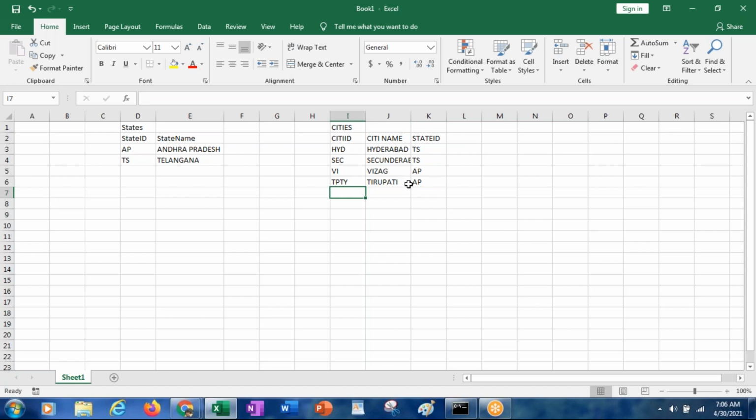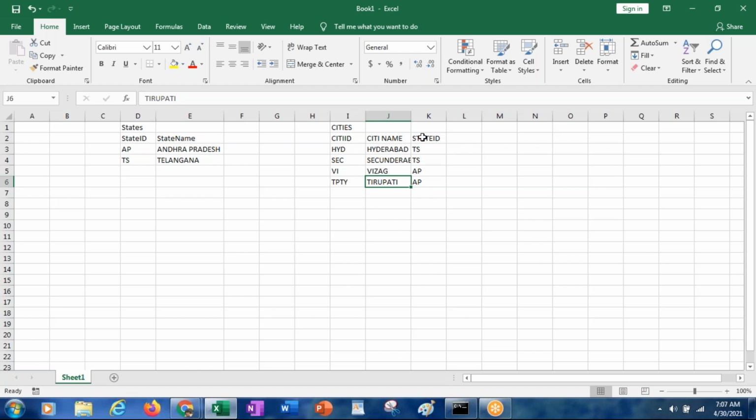Now for the city's report definition, if you pass state ID, whenever you select Telangana from the states drop down, the state ID, which is the primary key TS, will be passed to the cities table.